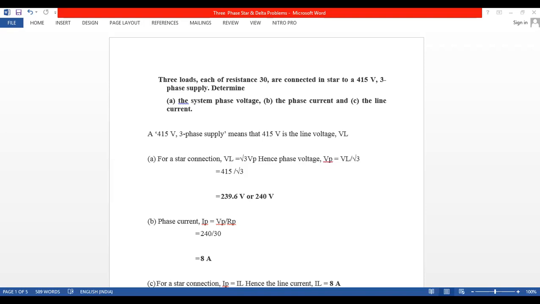1 by pi integral 0 to pi I of t whole square. It is the square of the current, root of the mean of the square of the current. So now the square is applied to this one. Im square is constant. What is Im? Anyone tell me? It is the peak value or maximum value from the graph. Basics we have taken. Sine square omega t. This is a very important derivation. That's why I'm taking it in a simple manner once again.